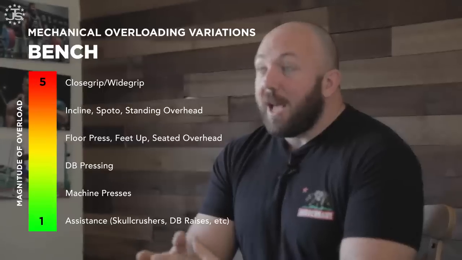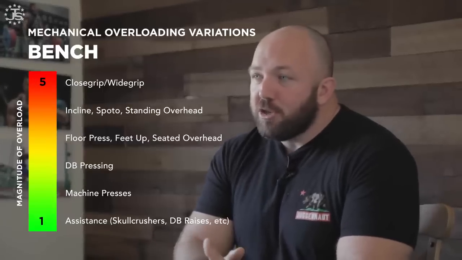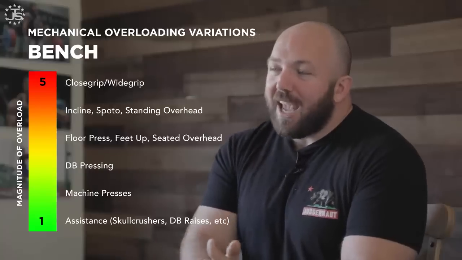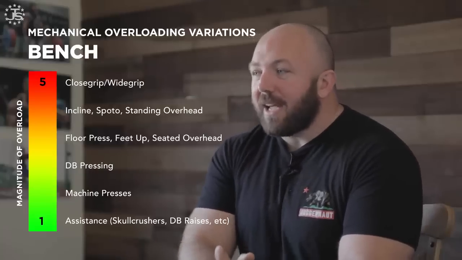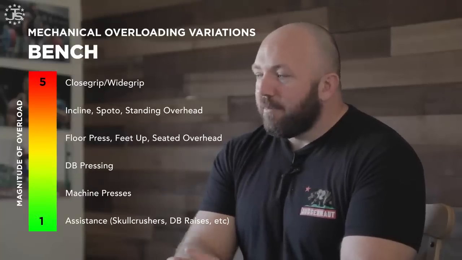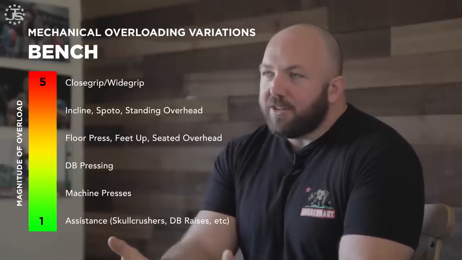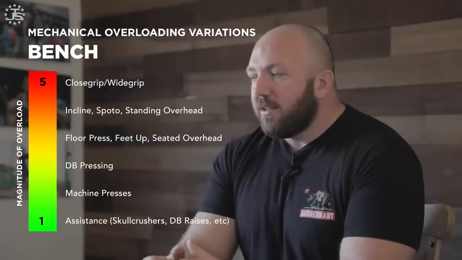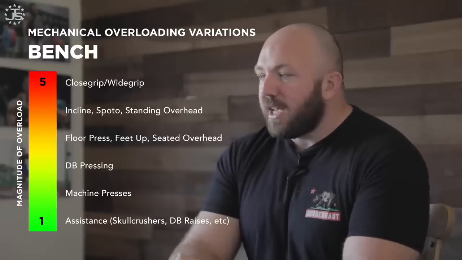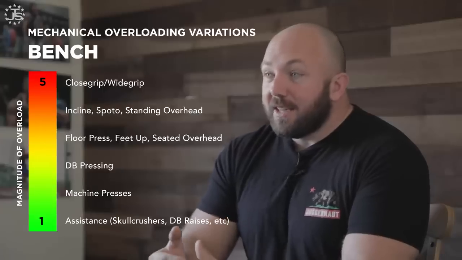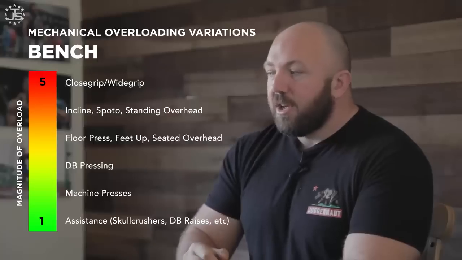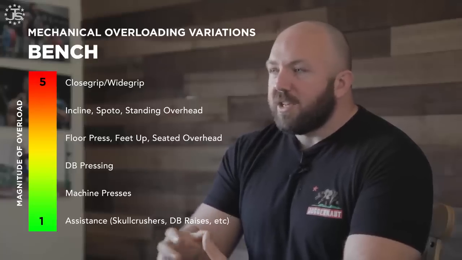Because we talked about absolute load and we talked about range of motion. Close grip has longer range of motion, but wide grip has more mechanical stress on the pec attachment. They might be about equal in weight, but it'll vary from person to person. So not quite as big of a discrepancy through these middle exercises on the bench press, but as you get into the less fatiguing movements like machine pressing, and then your assistance work like skull crushers, dumbbell raises, tricep pushdowns,